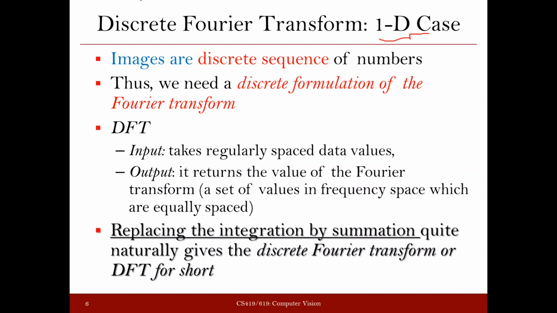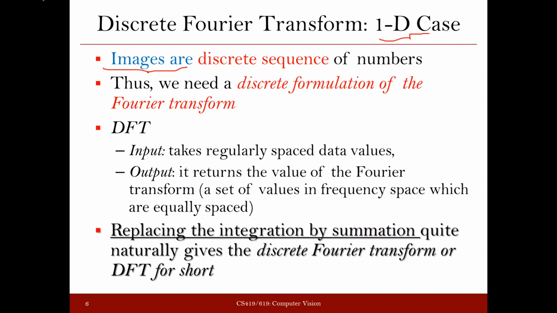So the discrete Fourier transform we'll again discuss here for the 1D case, for a 1D signal, and then we'll see the 2D case. And the 2D case is actually going to be applicable for the images. Now the 1D case will also be applicable. We'll see that when we are transforming our rows and columns separately one by one to their equivalent representation in the Fourier domain, then the 1D case will also be applicable. Okay, so we'll see actually that both the 1D and 2D cases are applicable for us.